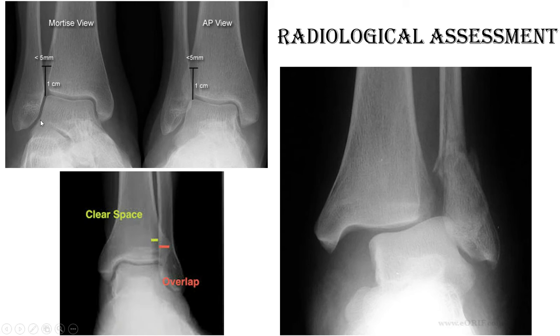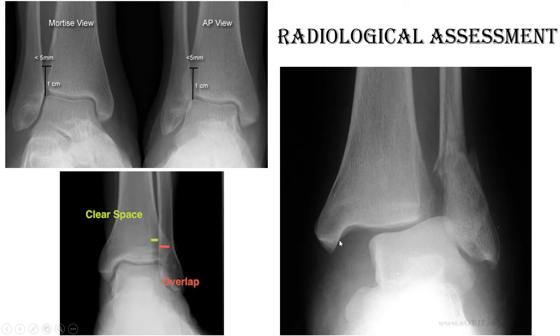Okay, now this ankle mortise becomes very straightforward. See the normal gap over this medial aspect, the dome and the lateral aspect. So this is a clear space. Okay, now if there is any distortion of this ankle mortise, then you have to address it by your assessment. And there is a very clear point, this gap on the mortise view will be continuous with this gap of the lateral malleolus and the talus.